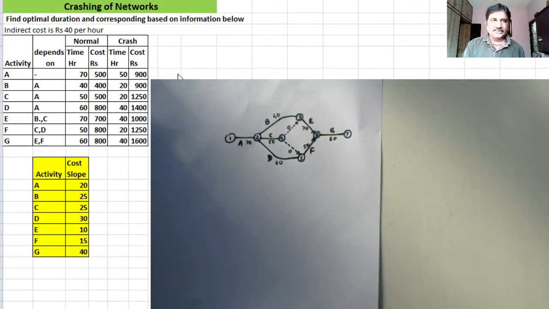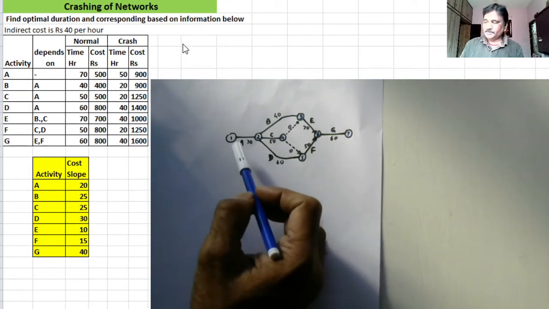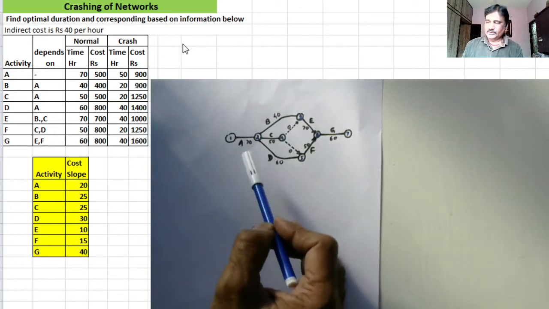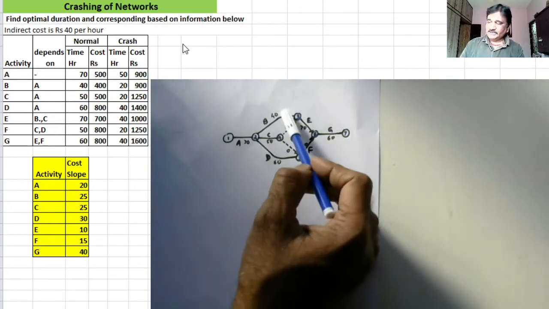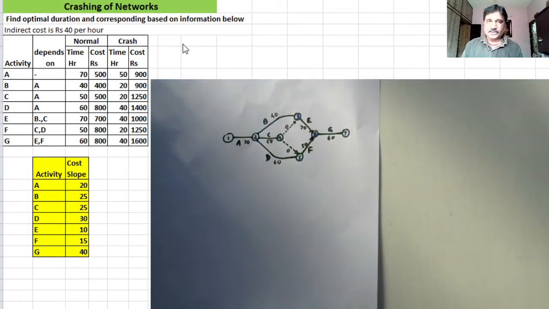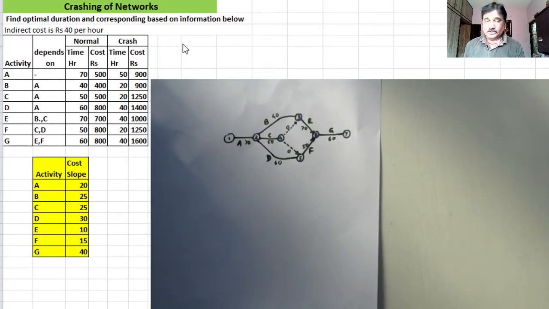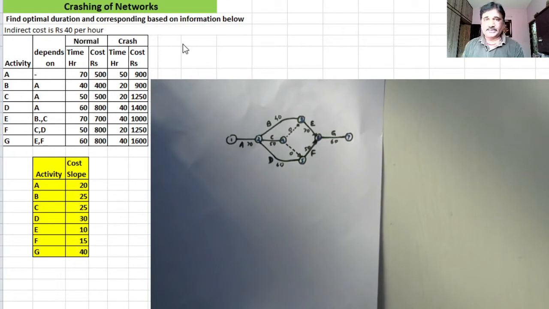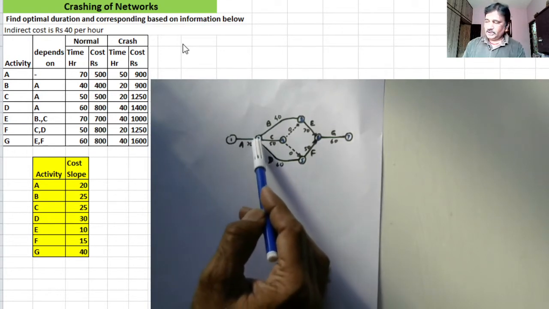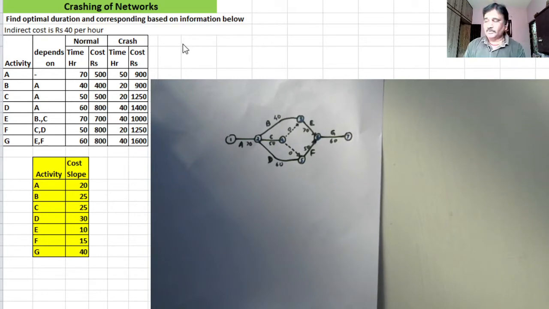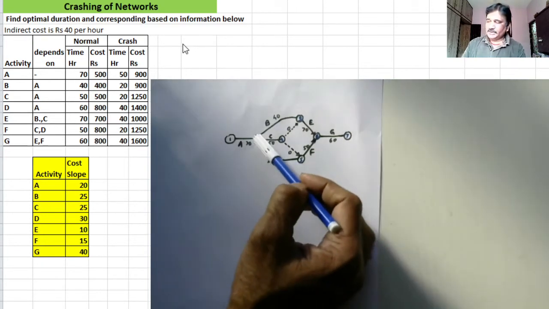Activities B, C, and D depend on the completion of activity A. Here is activity B, here is C, and here is D. Initially I didn't bend activity B, but later when I knew that it would be better to bend it, only then I bent it. Now, when did I realize that I have to bend activity B? When I drew activities C and D, then I went to activity E, which depends on completion of B and C.